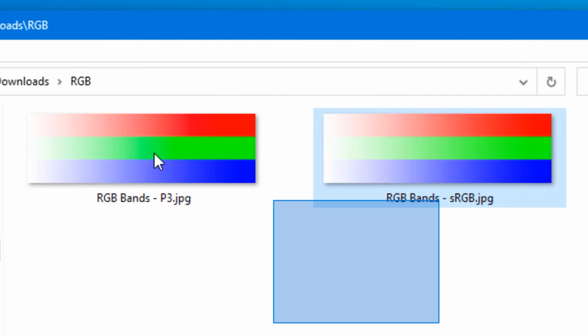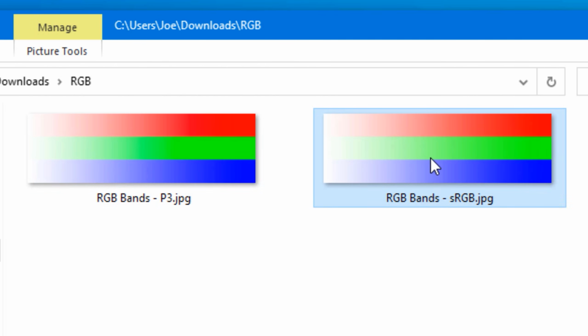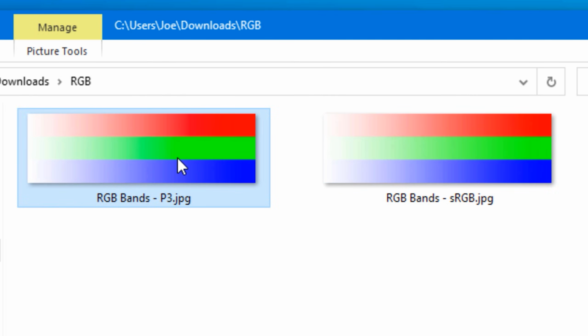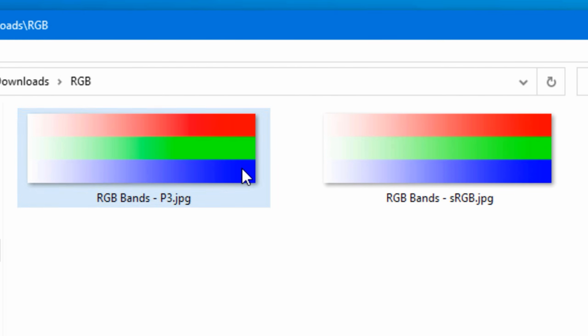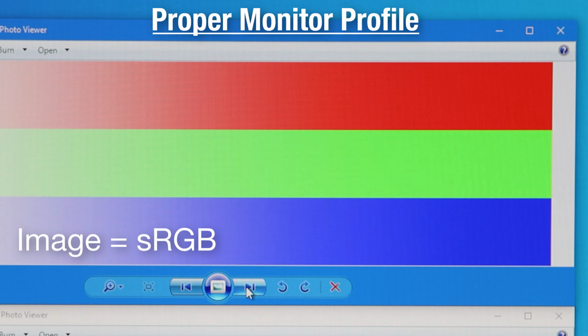Now, one of these images is tagged with sRGB, which means I embedded the sRGB color space in it, which tells the computer, hey, this image is supposed to be in sRGB. And another one, I used display P3, which is a much bigger color space. It's common on Mac devices, iPhones, and stuff like that. With a proper profile installed on the computer, I'm going to show this on the camera. I hope it shows up correctly. So we can see that the sRGB one looks kind of normal.